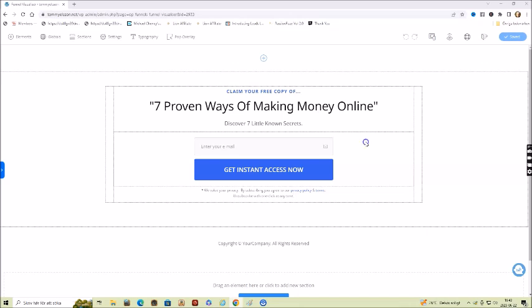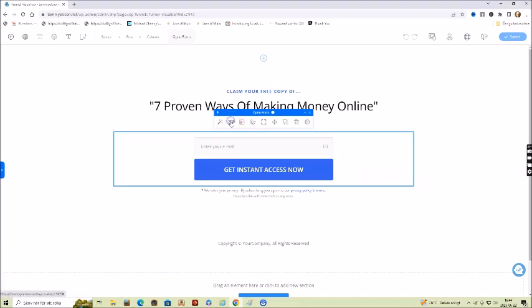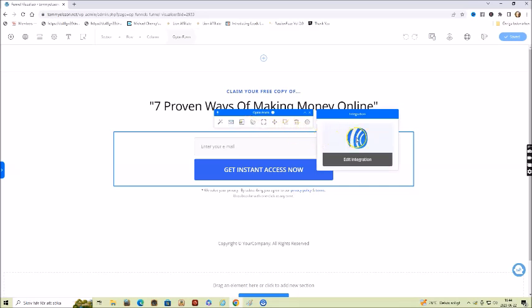So you see Aweber. You can add email, webhook, or Zapier, but we're going to click on this. We're going to mark Aweber, and then we're going to click this green button. And just follow step by step all the different steps here.